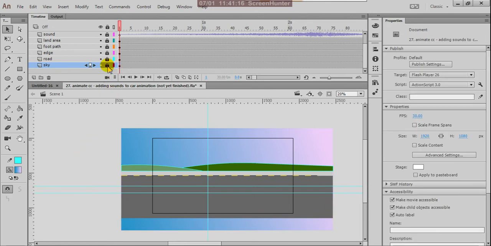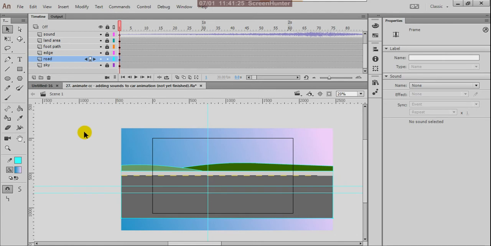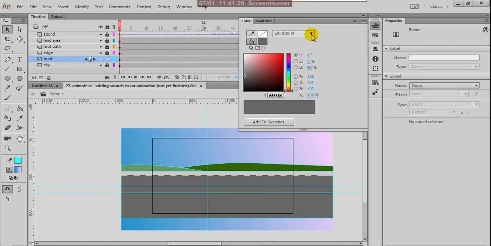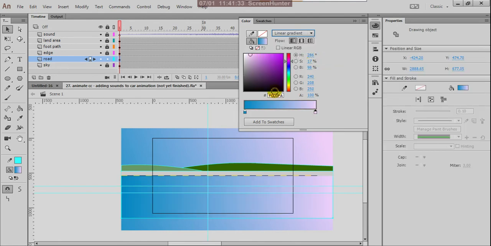Yes, the same way I want to add shade for the road also. For the road I am adding gradient colors. Instead of solid, I am using linear. You can choose these colors.